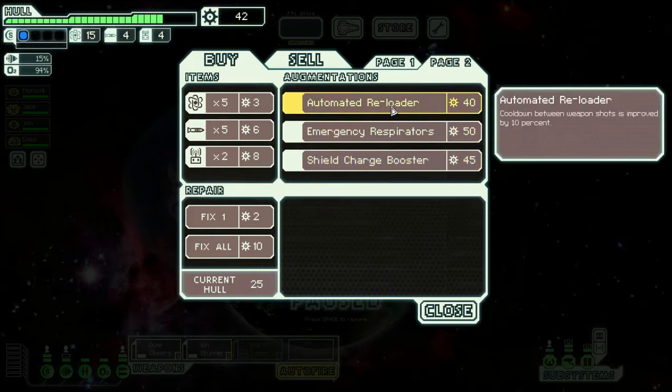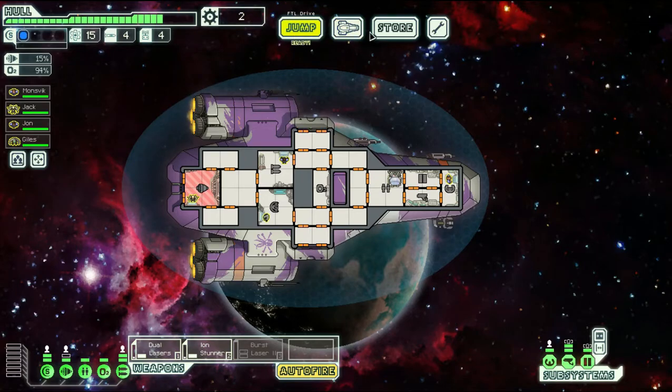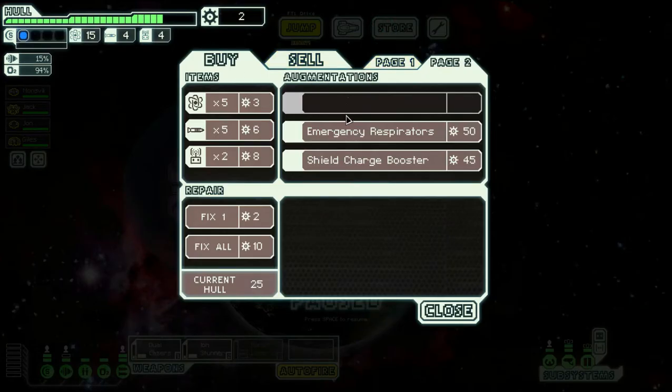These are really good. Okay, so automated reloader, cooldown between weapon shots is improved by 10%, which is actually insane. And then the shield recharge booster. Boost the ship's shield recharge rate by 15%, which is really good. Unfortunately we can't afford that, but what we can afford is the automated reloader. And I think what we're going to do for now...